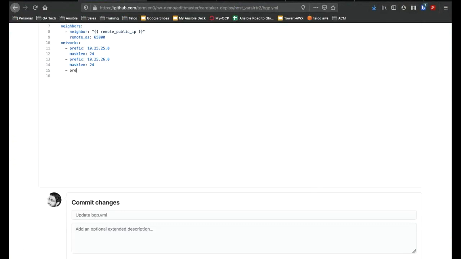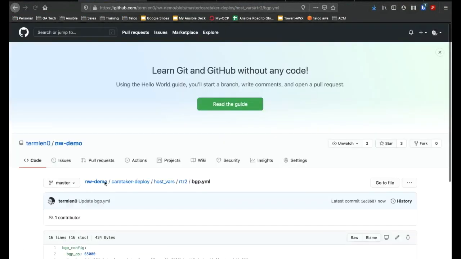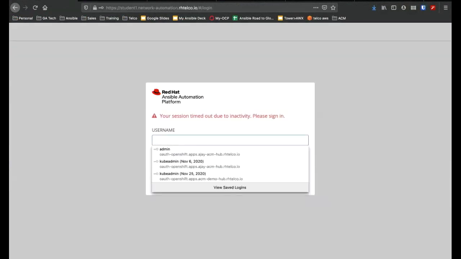So this time I want to add 10.25.27.0 mask plan 24. Okay. So I'm not going to do anything here, submit a change, right? So I'm committing this, right? So when I commit this change, because of how I have a webhook defined inside Ansible Tower,